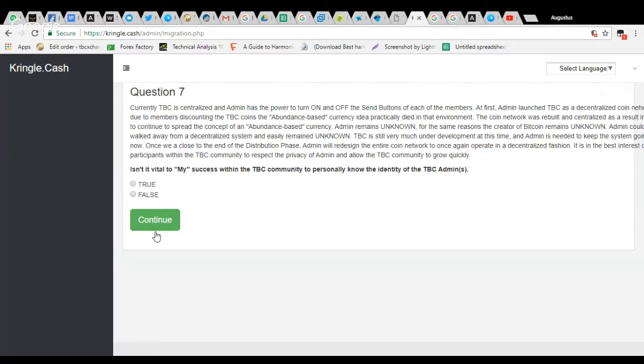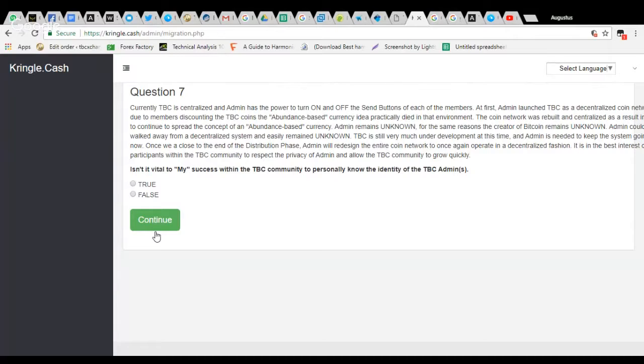Yes, TBC is the correct answer because it is better that a money system is driven by the people instead of the airlines. So we choose the right answer, which is the second answer, and then we move on to